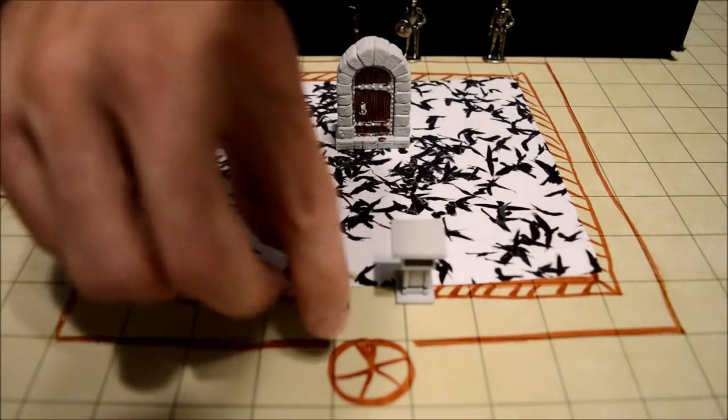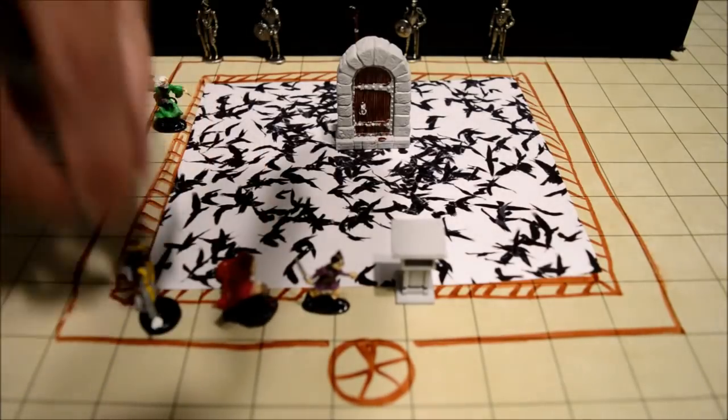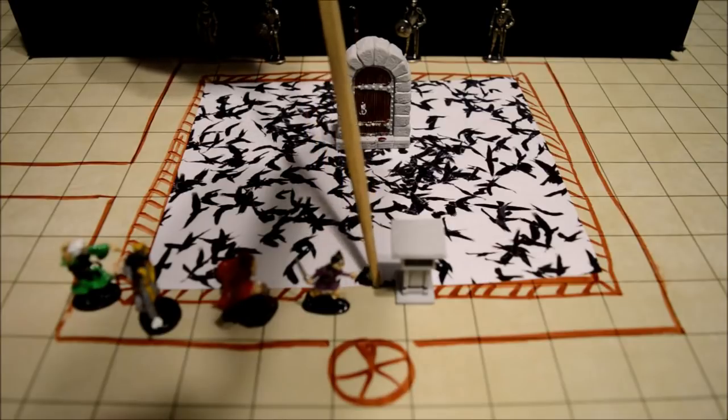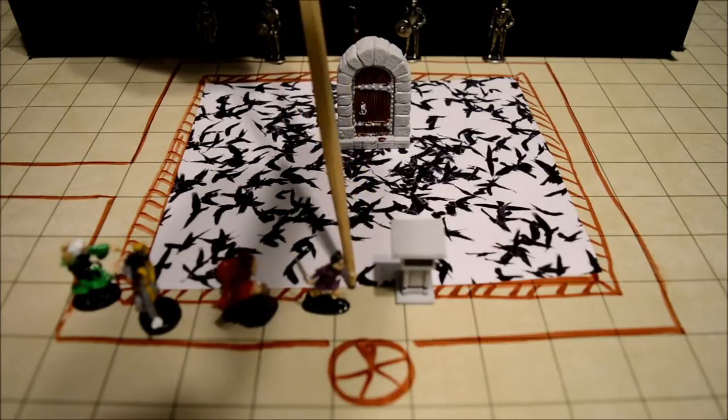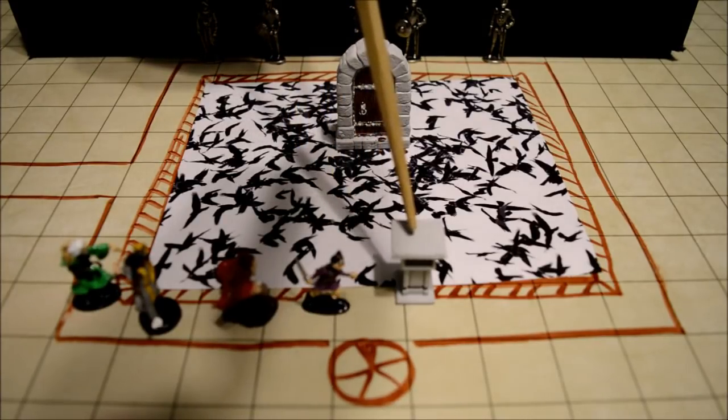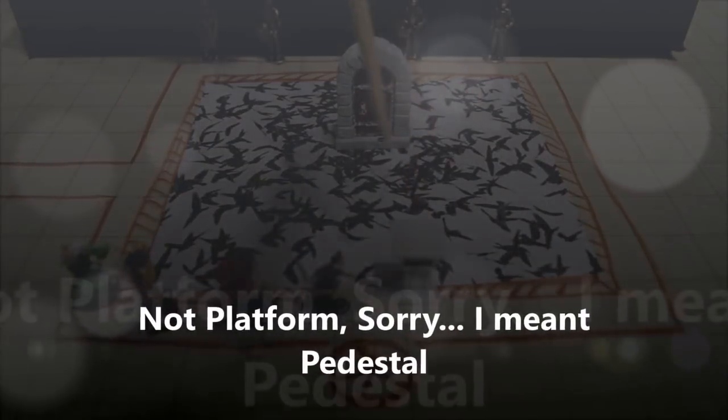But as our adventurers come over to this area, they're going to see an open part of the railing. So there's no railing right here. But again, as soon as they look down, they're just going to see swarms and swarms of crows. But off to the right, they're going to see a small platform here, and this platform is going to have